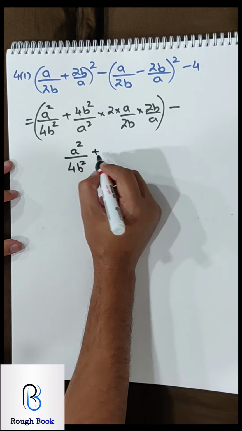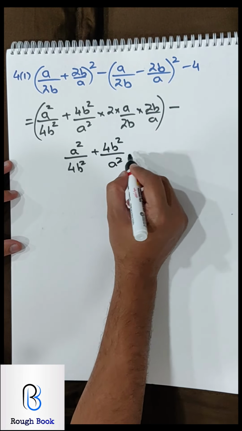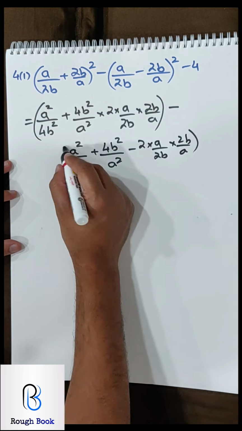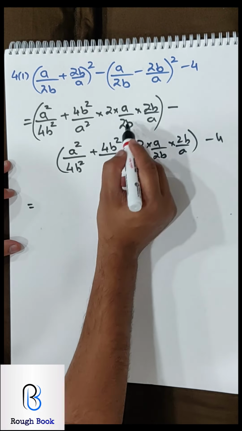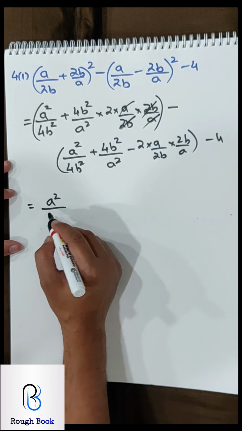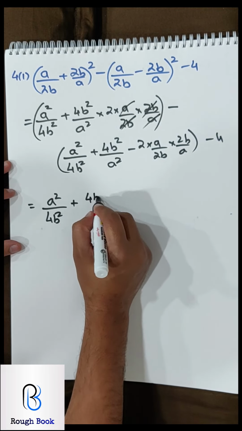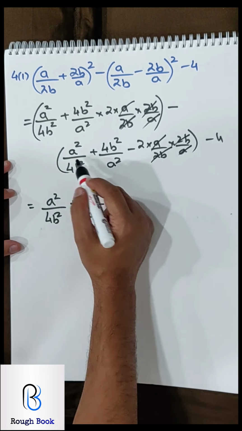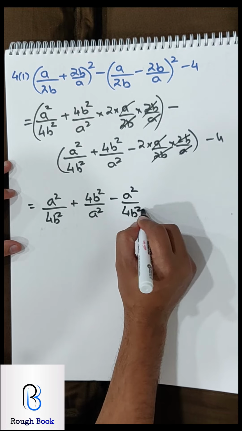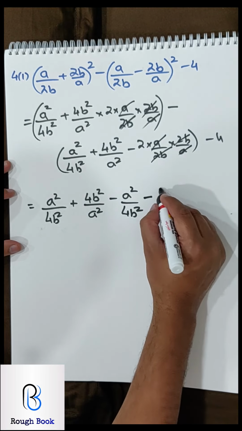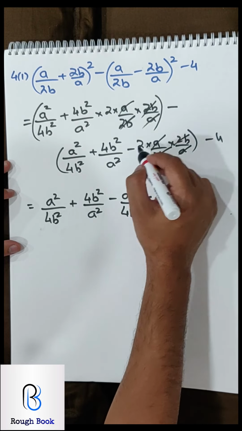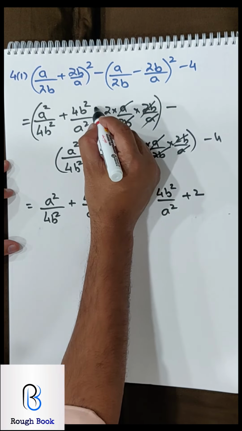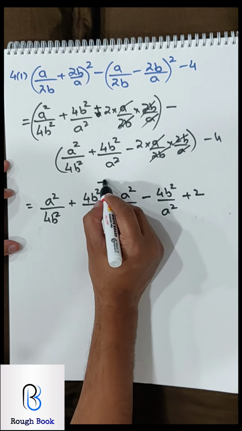So a square, b square, minus 2ab. Put this in bracket and last minus 4. Cancels everything. So what is left is a square, 4b square. With this minus sign, let's open. This also gets cancelled. So minus, plus into minus again minus, and minus minus plus. What I have forgotten is this 2, and this sign is also wrong. This has to be plus here. So here I'll have to add plus 2.